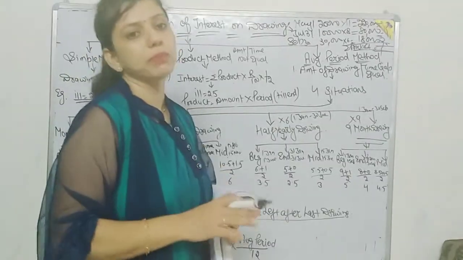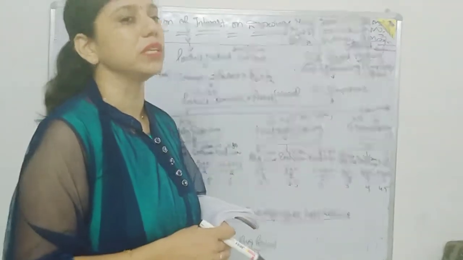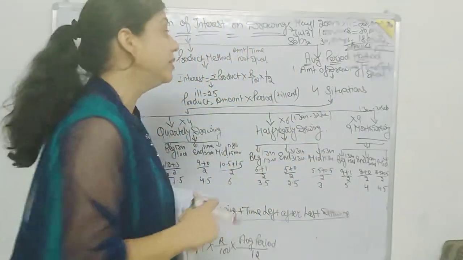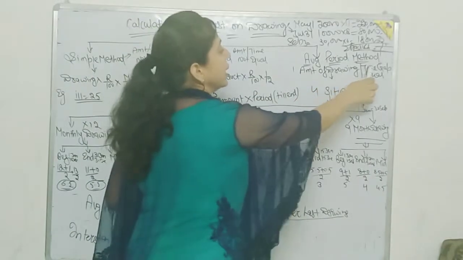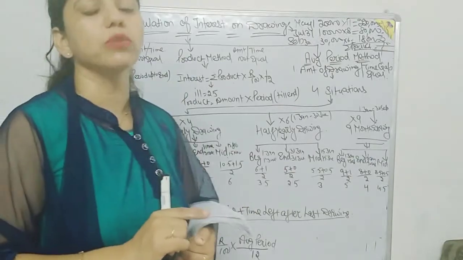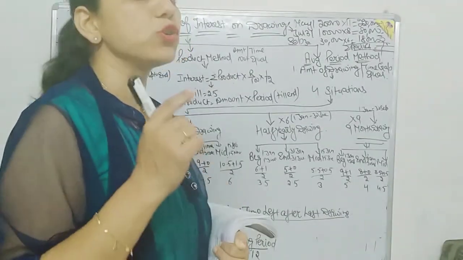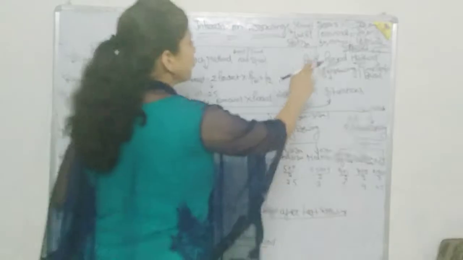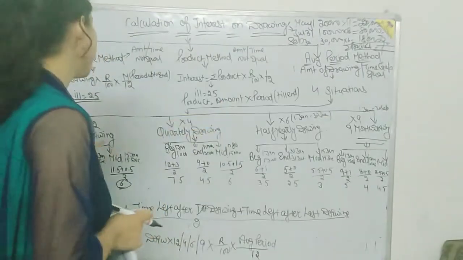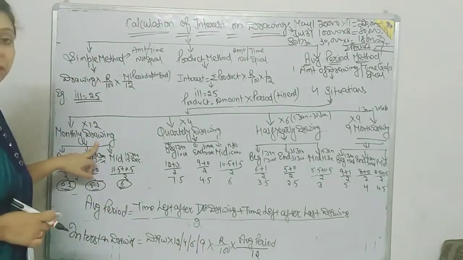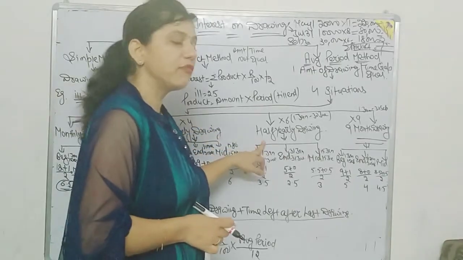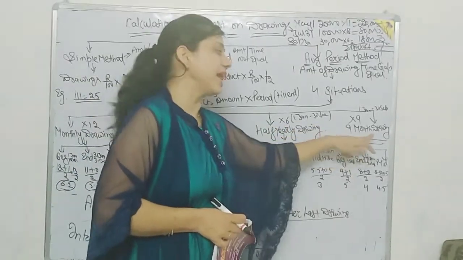Next we have the most important method which will definitely come in your exam. That is average period method. We can use this method when amount of drawing and time gap both are equal. Amount of drawing should also be equal. Similarly, time gap should also be equal. So we have 4 situations in average period method. What are these 4 situations? First, drawing is made monthly. Secondly, quarterly. Third one half yearly, and fourth one 9 monthly.